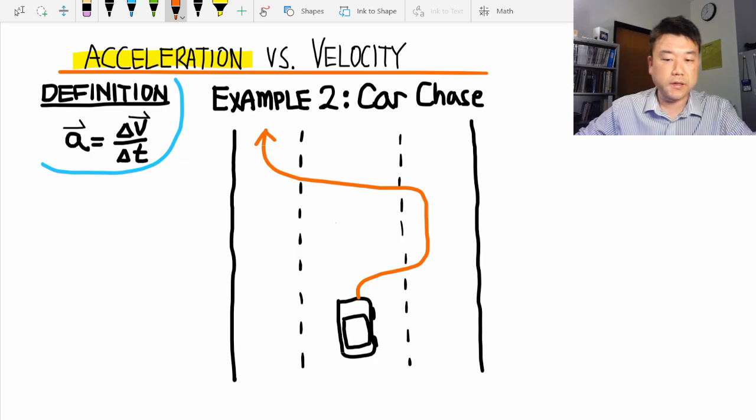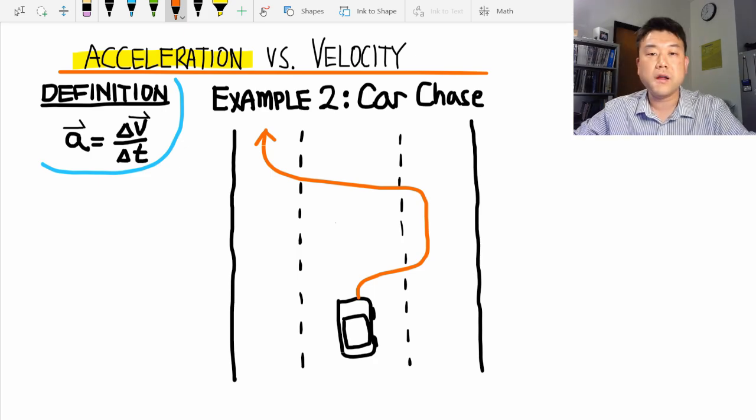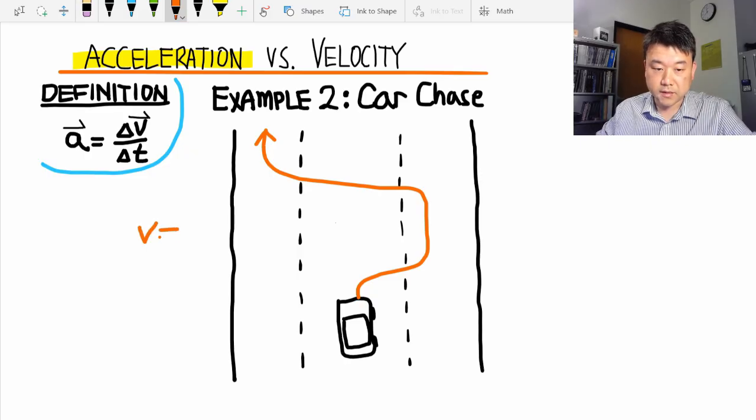You will be jolted back and forth in the car. As it speeds up and slows, you'll be pushed back, pulled forward. You've been in a car, you know what that feels like. Well, maybe not exactly what a chase feels like. You know what the milder version of that feels like. So this is the case where velocity is not 0 because the car is moving, and the acceleration is not 0